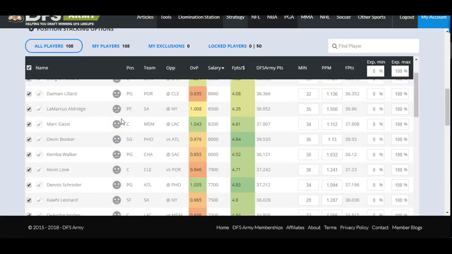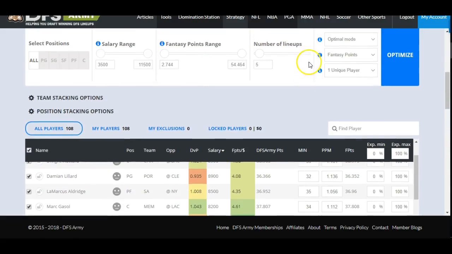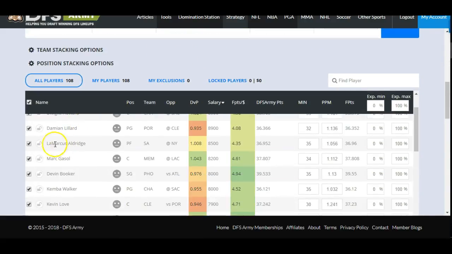And what the really good guys do is they'll run maybe a couple of default lineups, or maybe they'll lock a core of players in, and then they'll start tweaking these numbers to control their exposure. They see a guy is a little heavy. He showed up in 7 of my 10 lineups. I really want him in more like 5. So they'll either lock him over here with the maximum exposure, or they'll come over here and control his minutes, bump him down from 35 to 34 to 33 or something, and they'll start taking him out of some of those lineups. And they really control and tweak their lineups that way,